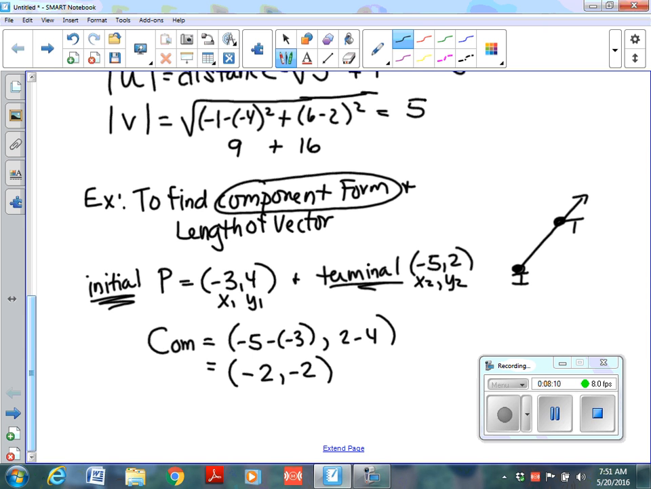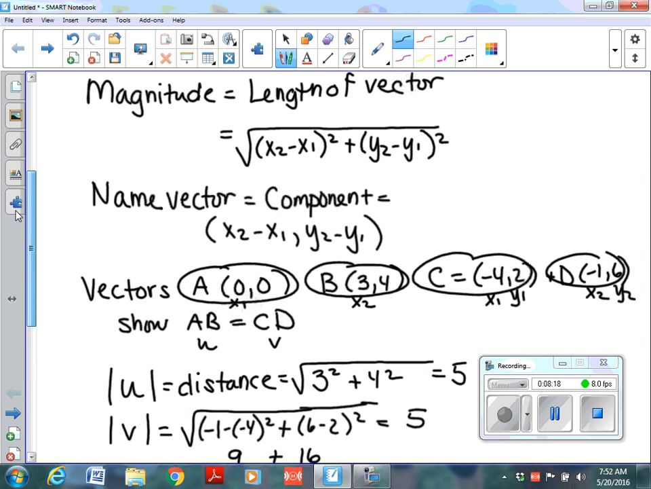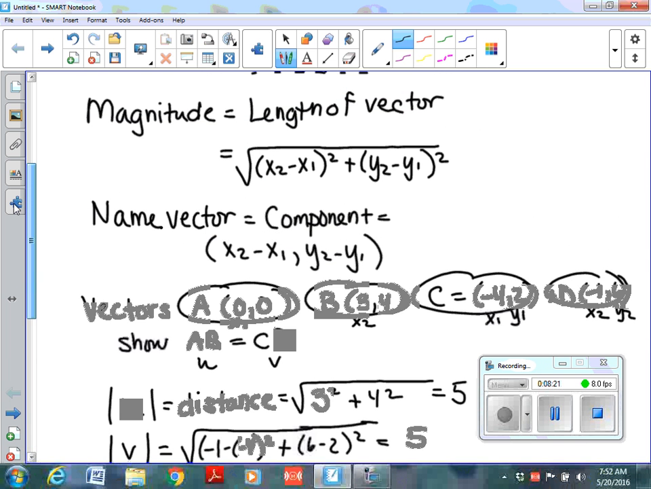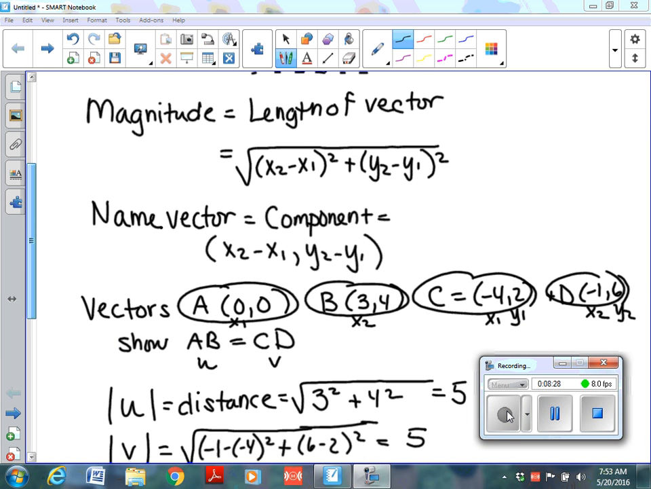Then they're going to ask you to find the length of the vector, which is the square root. Basically, if you look at the formula, if you take x2 minus x1, okay, so